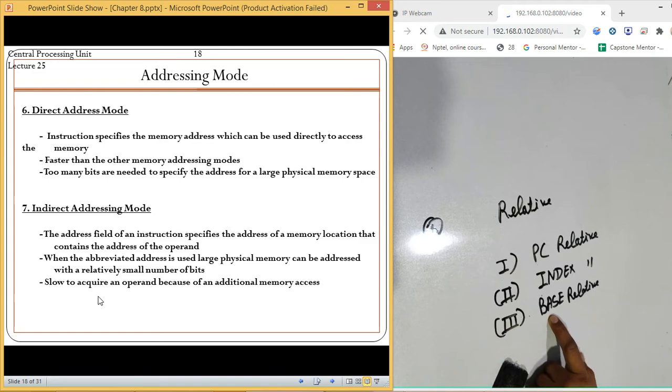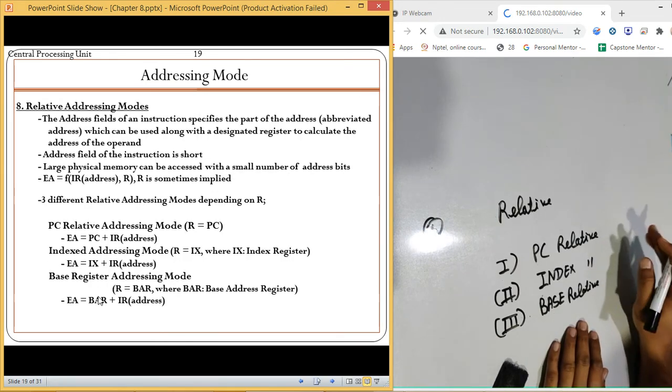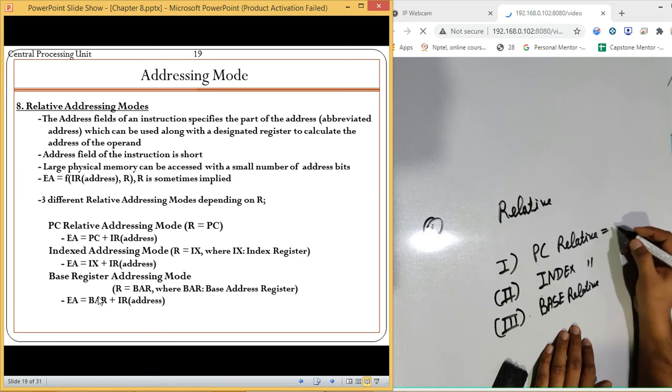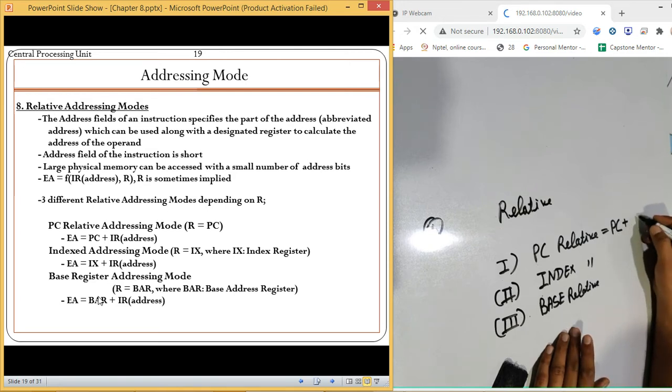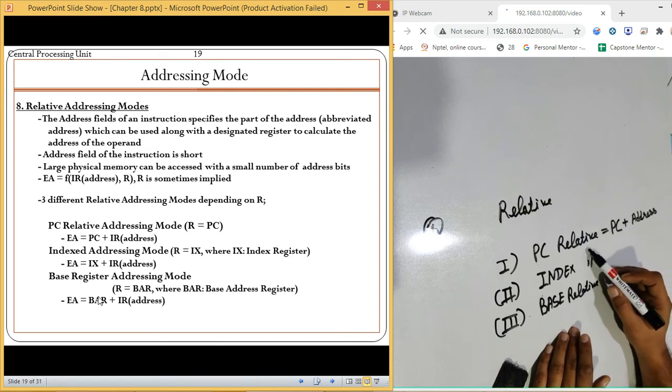Okay, so we will just move to this. If we want to find the exact address in the case of PC relative address, whatever address is given to you will be added with the value of the program counter. That is the calculation of PC relative address.